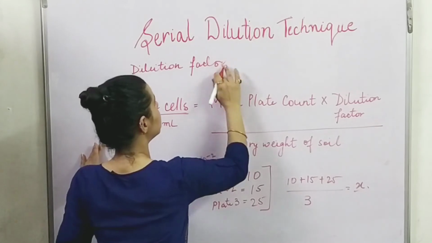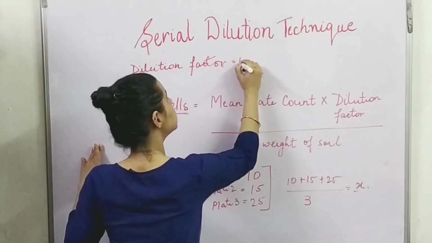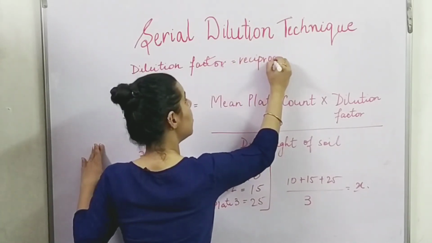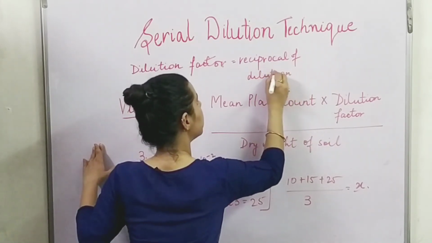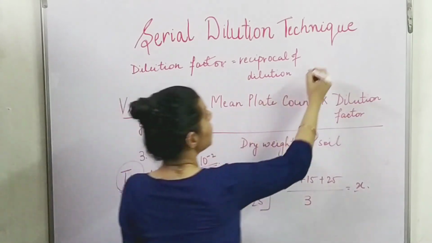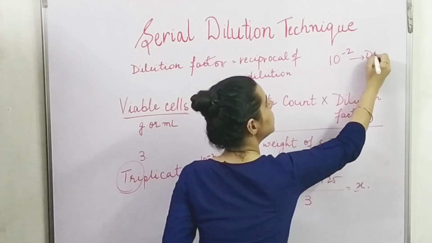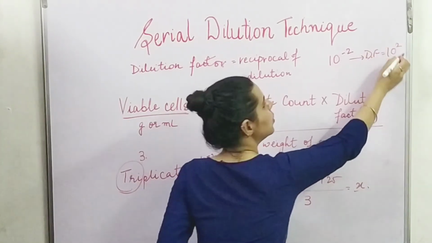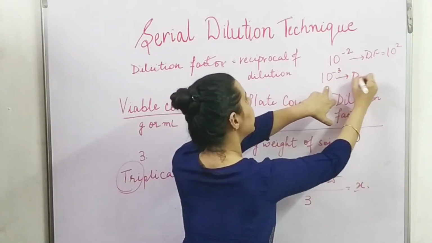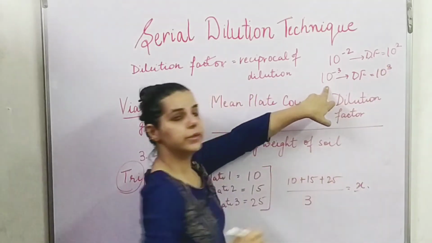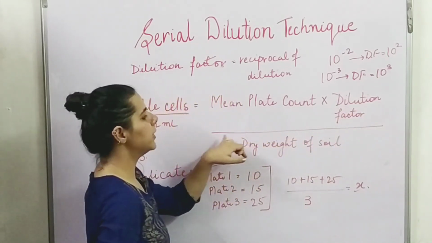Dilution factor is the reciprocal of the dilution. Now, if my dilution is 10 to the power minus 2, then the dilution factor will be 10 to the power 2. If my dilution is 10 to the power minus 3, then the dilution factor will be 10 to the power 3. So, I am going to multiply mean plate count by the dilution factor divided by the dry